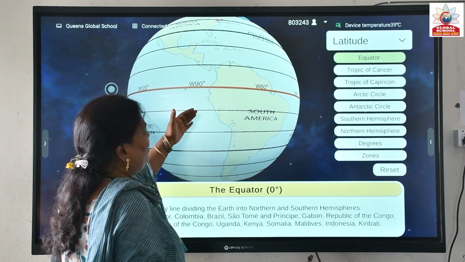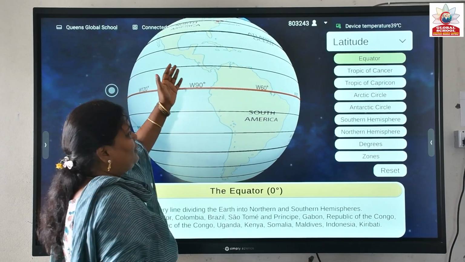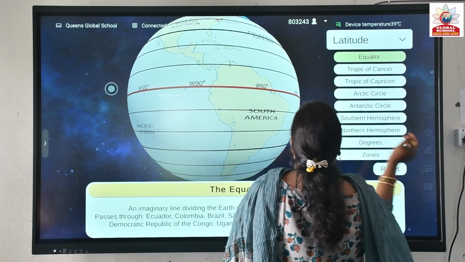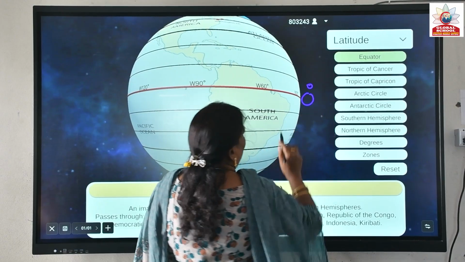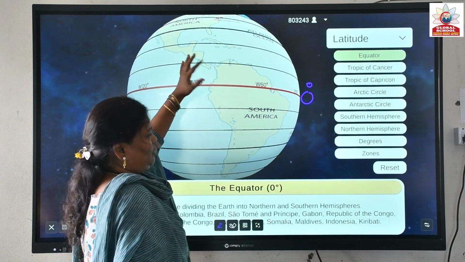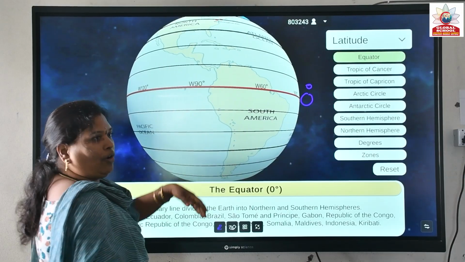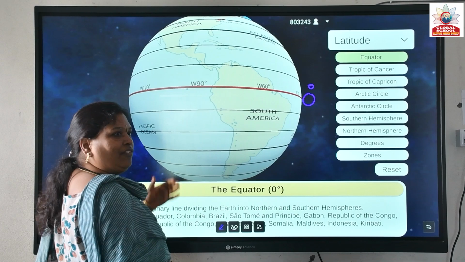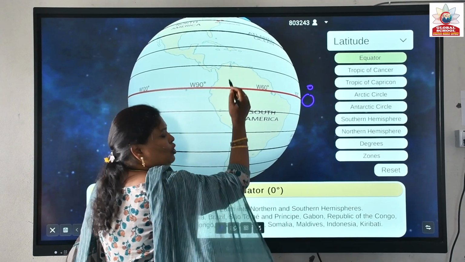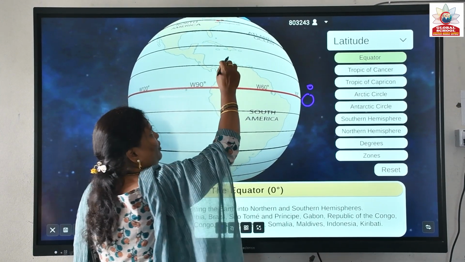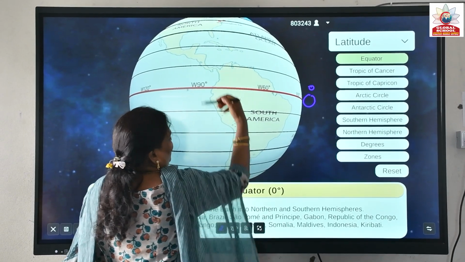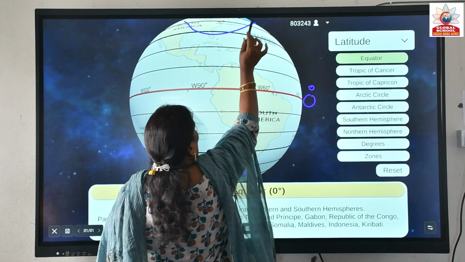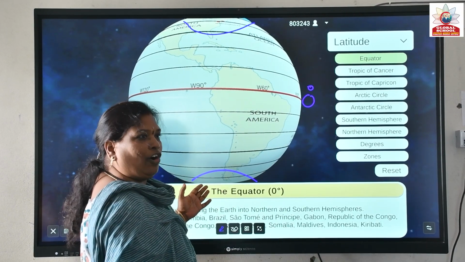This is the equator, which divides the globe into two parts. It starts from the 0 degrees. Above the equator is the Tropic of Cancer, and below the equator is the Tropic of Capricorn. All parallels are equal length, except the poles. Tropic of Capricorn, another hemisphere and the southern hemisphere. The endpoints of the poles, North Pole and the South Pole, we call it as points.